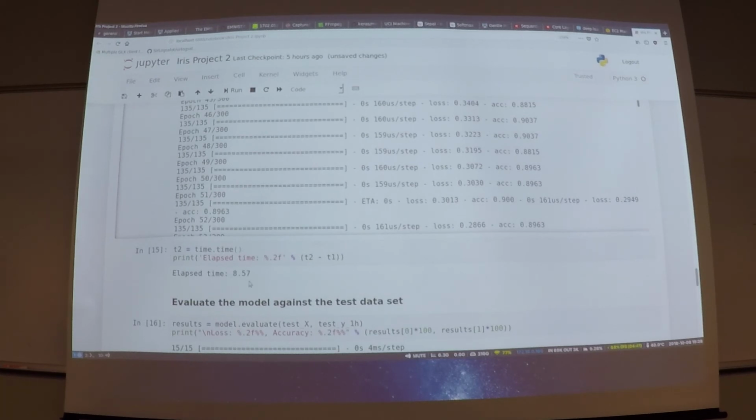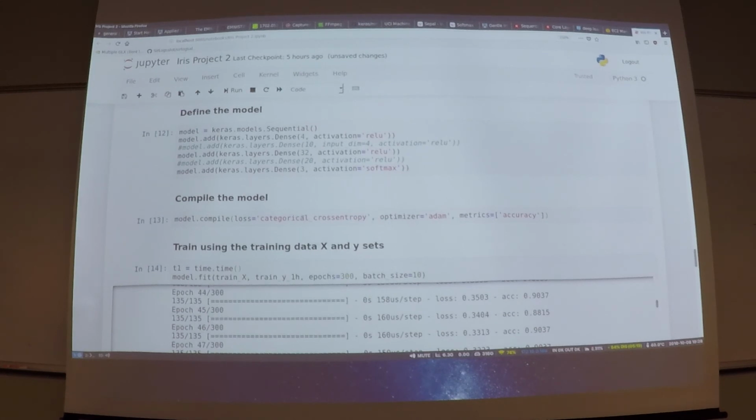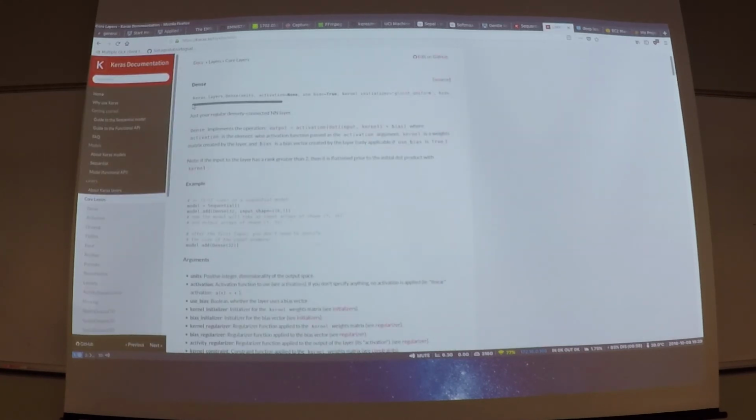Yeah, it was not really much different in this case. 8.5 seconds. So anyway, what were you saying, Zach? Yeah, where you compile the model, we just had it such that you must specify the input dimensions for the first layer on one of our computers here. So I'm wondering if that is different for different environments. But it would work if you did not specify the input dimensions. We ought to be able to figure that out if we go and look at the documentation for the dense layer